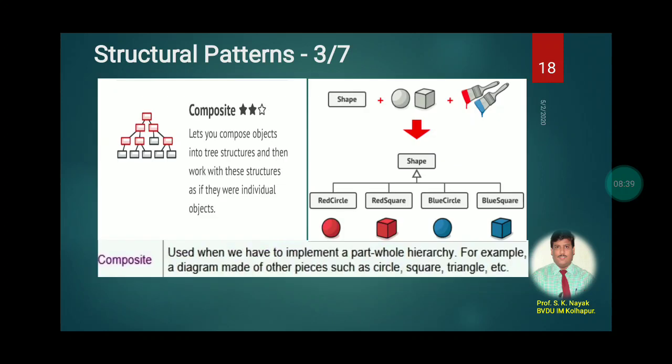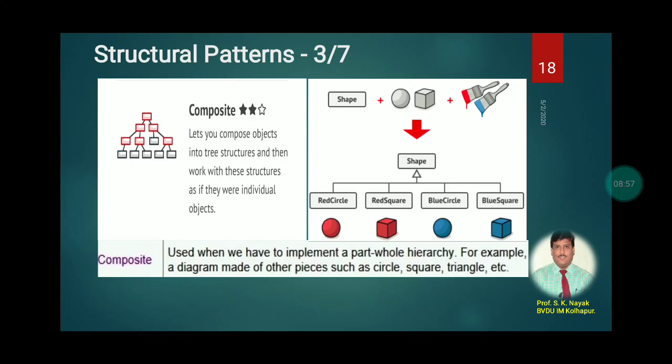Next we will see another structural design pattern, that is the composite design pattern. Let's compose the objects. We combine the objects into tree structures in a hierarchical manner.